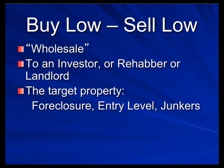Now, what you may not know about me is I've been in the business for a long, long time. I've been doing deals since 1993. That's a long time. Do the math. I've done every conceivable type of transaction you can imagine, and in fact, I started as a rehabber because that's conventional wisdom at its best. I started as a rehabber, as do many folks who don't ever bother to think outside the box like you are right now by being here. And by the way, I congratulate you for that. So I started as a rehabber, but then became a wholesaler and continue to wholesale houses on a daily basis,